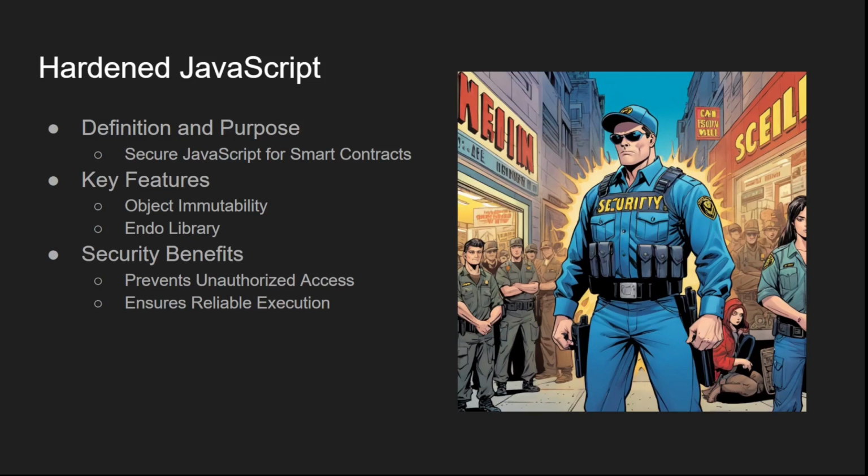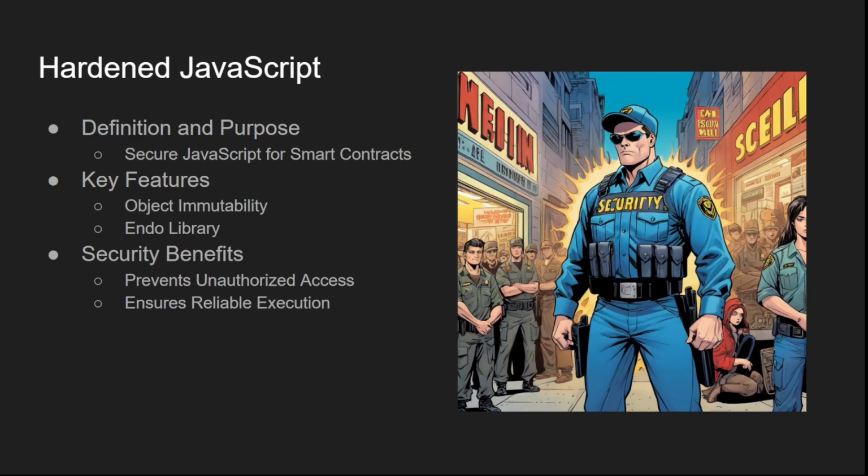Secondly, hardened JavaScript ensures reliable execution. The security features of hardened JavaScript help prevent bugs and vulnerabilities that could lead to unexpected behavior or failures in contract execution. For example,